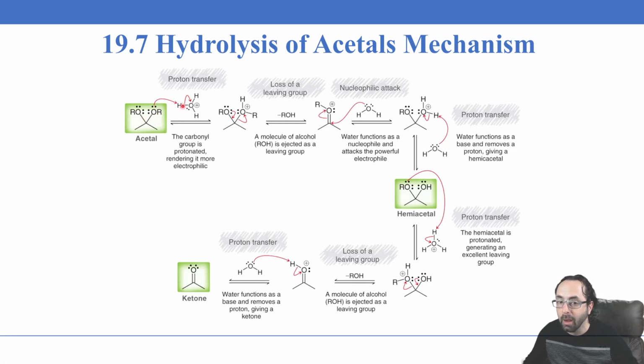So we're going to start by the protonation of the ether here by the acid. This has to happen in acidic conditions. And then we have the loss of the oxygen here as an alcohol. The protonation allows it to be a good leaving group, like we've seen before, protonation to make water as a leaving group or an alcohol as a leaving group, because when it leaves, it will leave as a neutral compound,